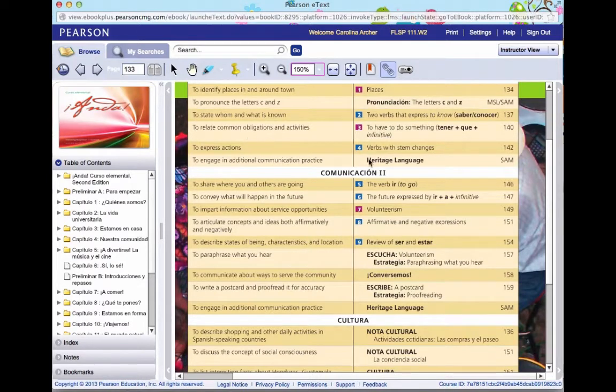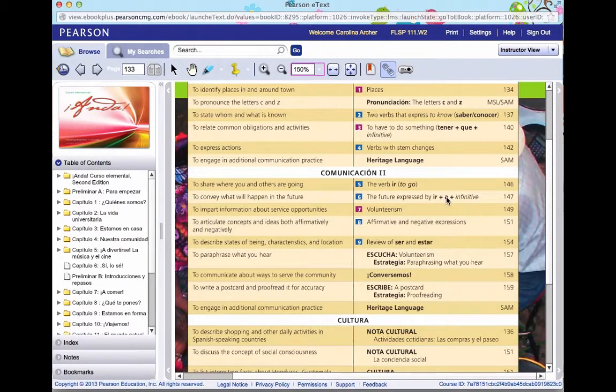Okay, so we're going to continue to learn more verbs that are irregular, verbs that have changes in the stem. Okay, we are going to specifically learn the verb ir, which means to go, which is a very common verb, and it's going to also be necessary to know because we're going to start with the future tense. The future expressed with ir plus a plus an infinitive. It's the equivalent of going to do something.